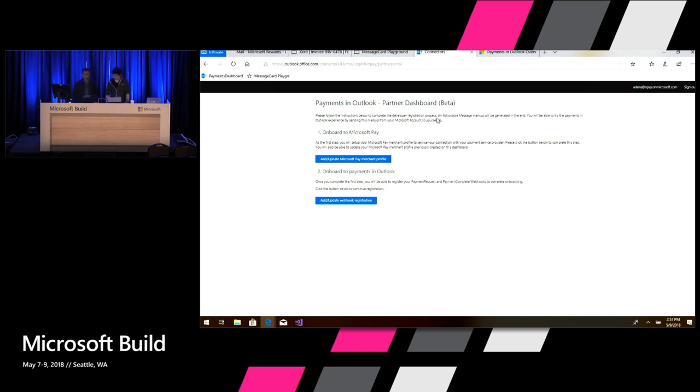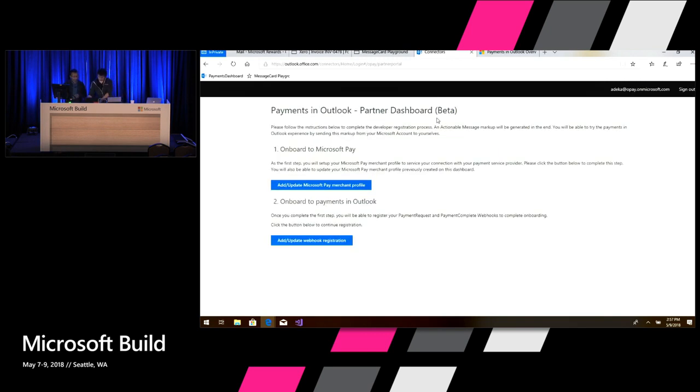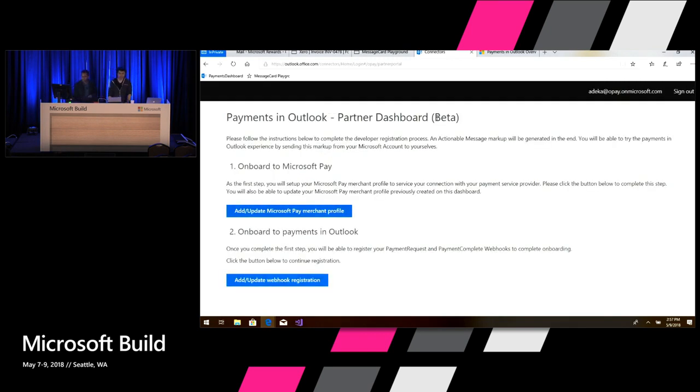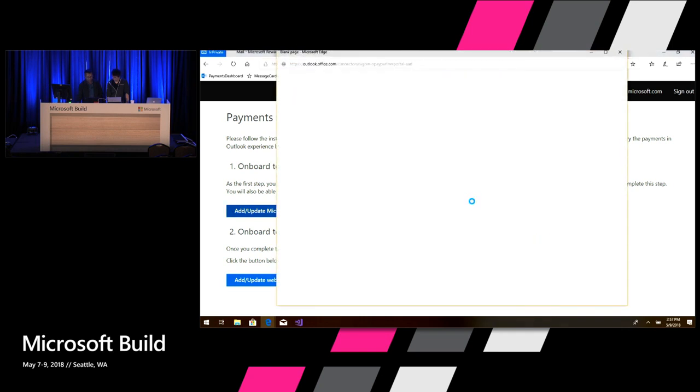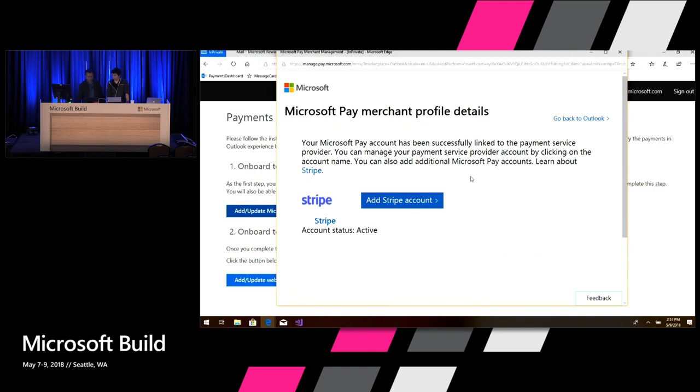So once you are in this portal, the first step is to create a merchant profile with Microsoft. It is a very simple UX. You should be able to click, and I have already logged in with my test account. This will launch the payment experience.